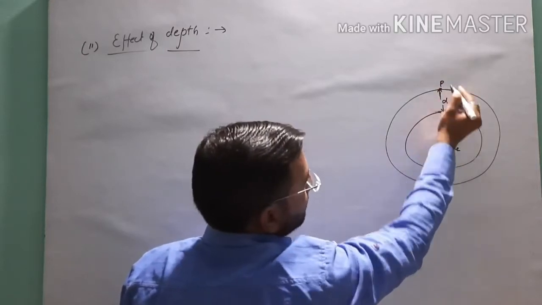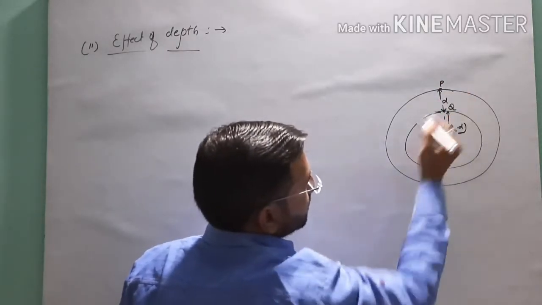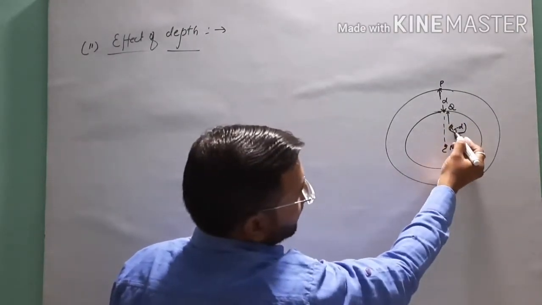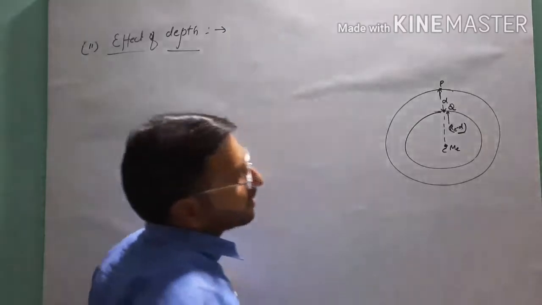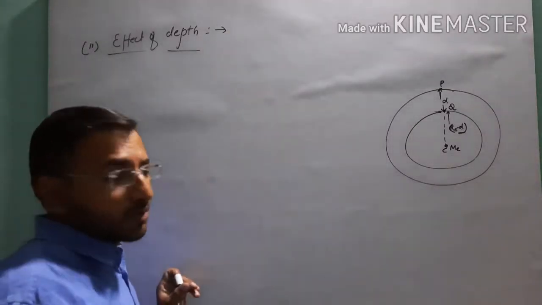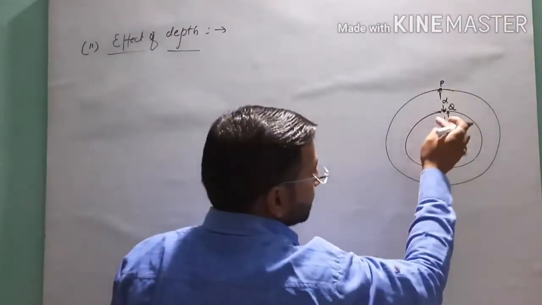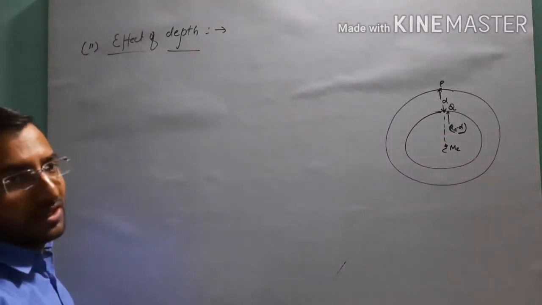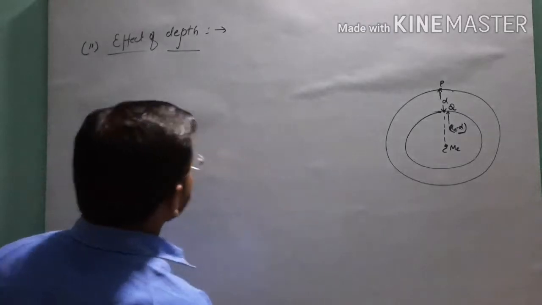This is our initial point P and this one is supposed to be Q. At point Q, the distance will be Re minus d. d is the depth which we are talking about here. Point clear? Due to this depth, we will calculate the variation of g. Will it increase or decrease in this condition?